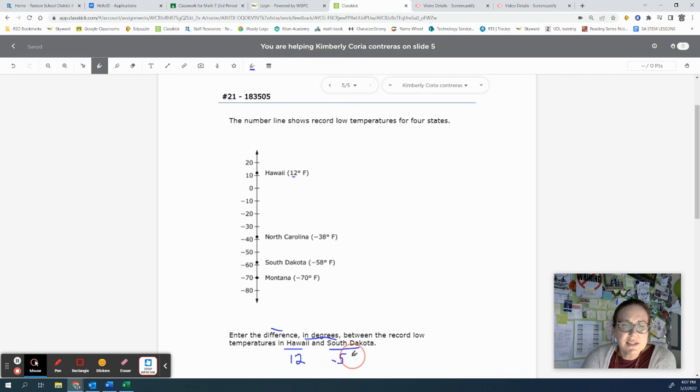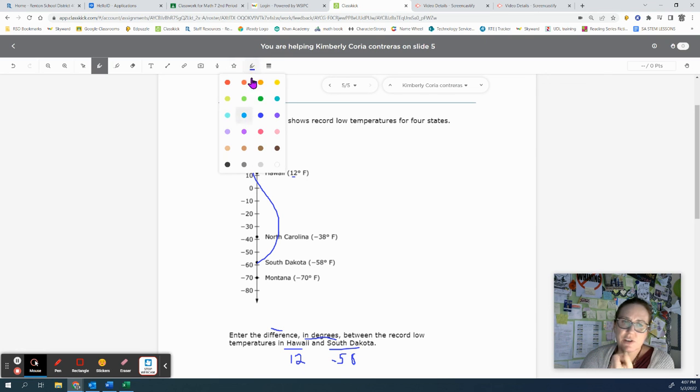So what this is asking is on a number line, what is the difference between here and here? So we don't have to worry about the negative part of it. We just have to subtract because we are trying to find, that's not true. We need to find the difference between the two on the number line. So what we have is